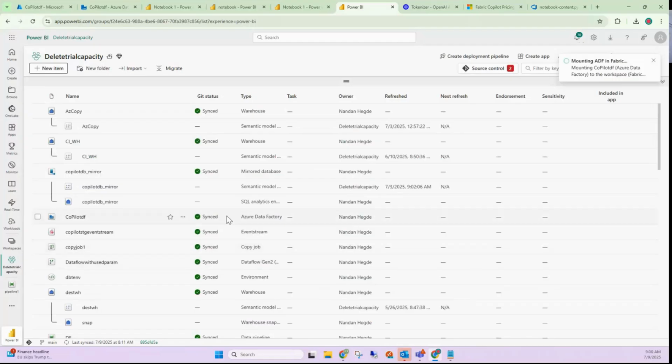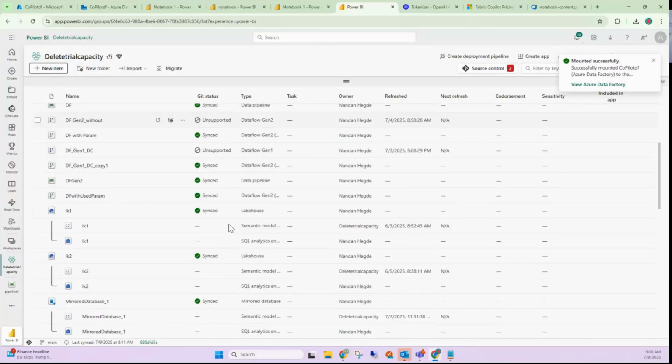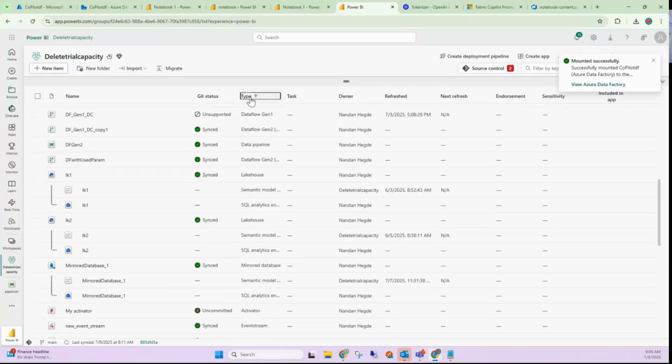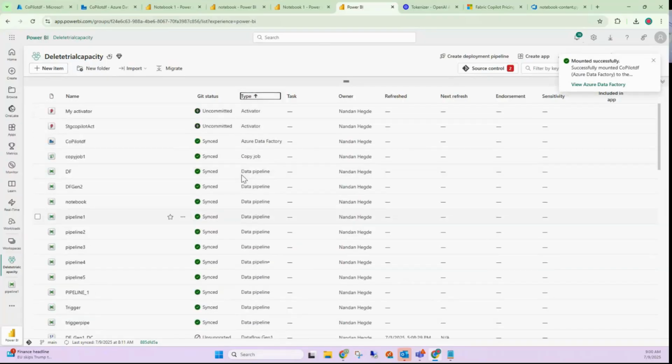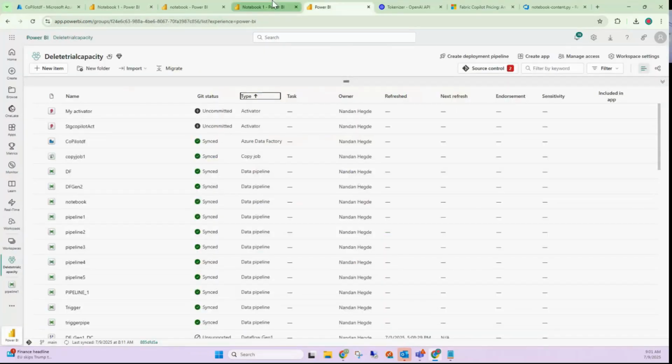When you mount a data factory, what it basically does is it mounts it. Now if I close this and click here,